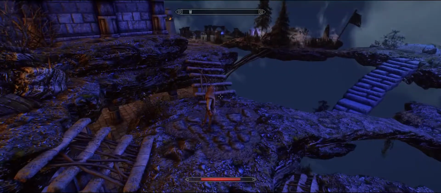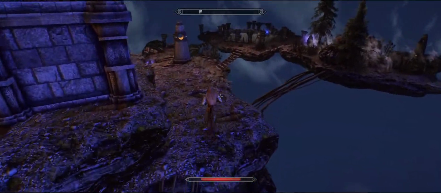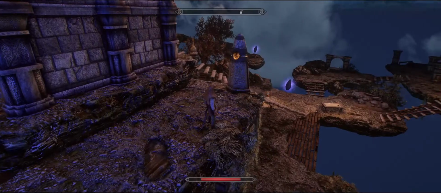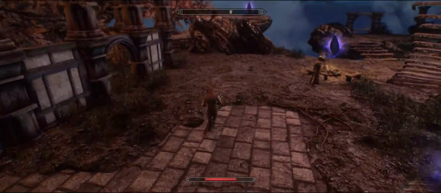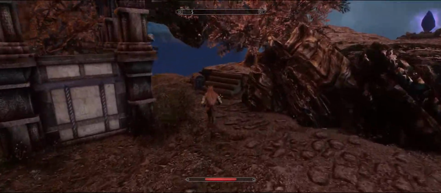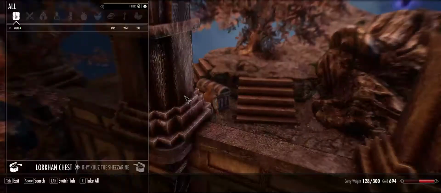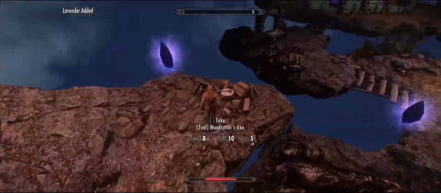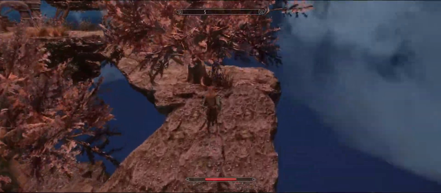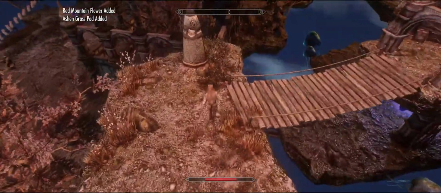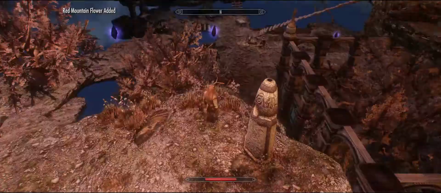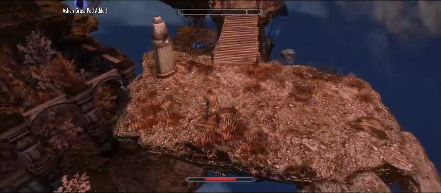It is this way. Where is it? Over there. Okay. Ow. I think I got this already. Yeah. There are a couple of chests of Lorkhan here. I started out with the pickaxe. This is a woodcutter's axe, so I can use firewood to make arrows if I have access to a forge, and ingots,